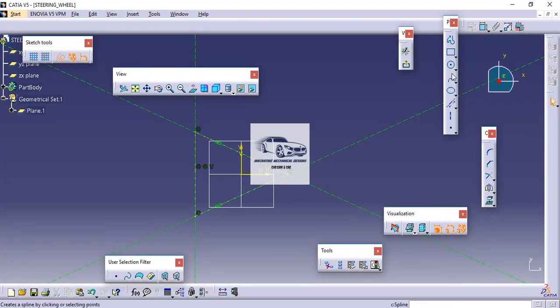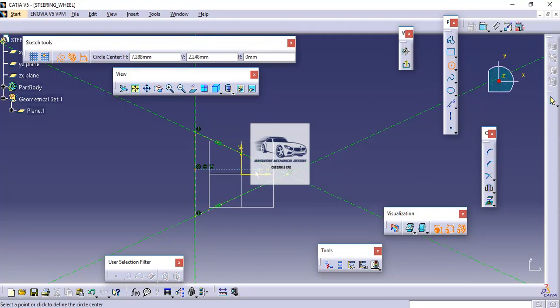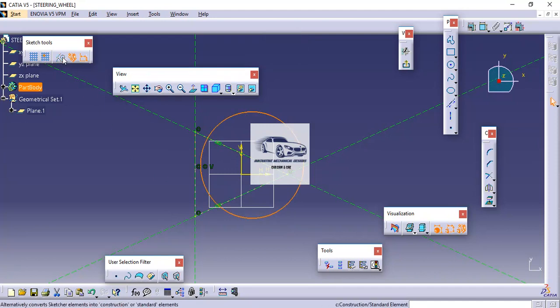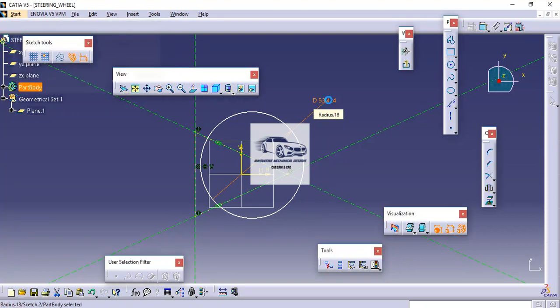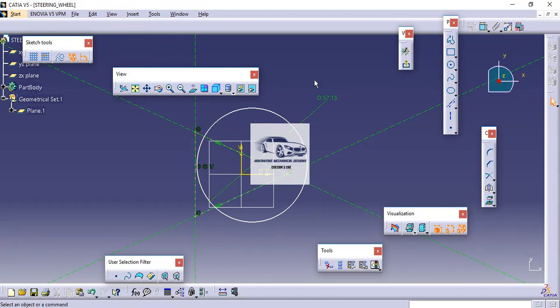Now here the diameter of the circle is mentioned as 57.15. So I will first draw a circle approximately at any position. Now I will give the diameter first, that is 57.15, and now I will make it coincident with the vertex of the triangle.